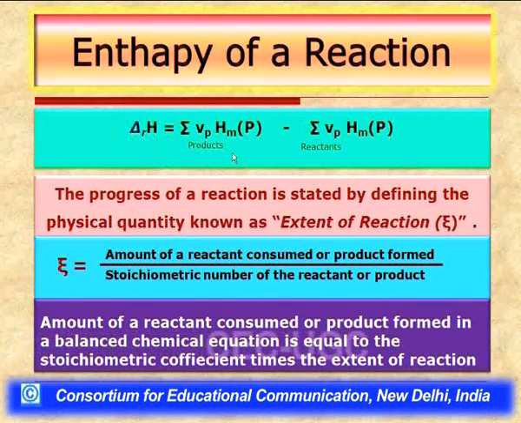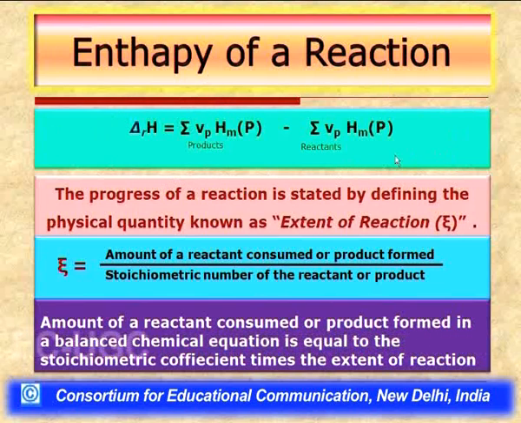So basically the reaction enthalpy is nothing but the sum of molar enthalpies of the products times the stoichiometric coefficient minus the sum of molar enthalpies of the reactants, each multiplied by its stoichiometric coefficient. Now, if we want to see how this formula has come up,